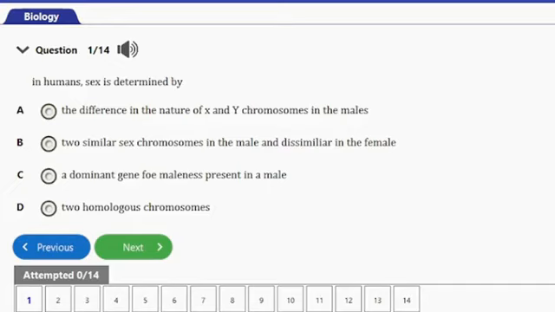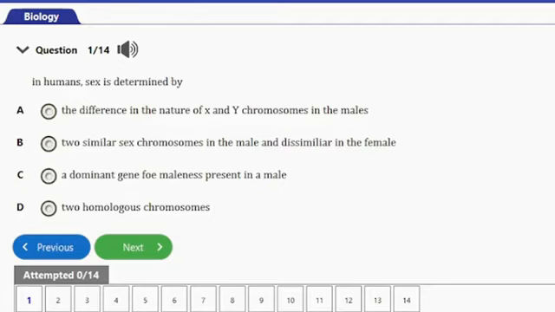It says, in humans, sex is determined by A, the difference in the nature of X and Y chromosomes in the males, B, two similar sex chromosomes in the male and dissimilar in the female, C, a dominant gene for maleness present in a male, and D, two homologous chromosomes. The answer to this question is option A, the difference in the nature of X and Y chromosomes in the males. So in humans, sex is determined by the difference in the nature of X and Y